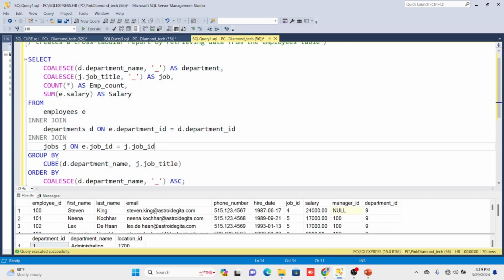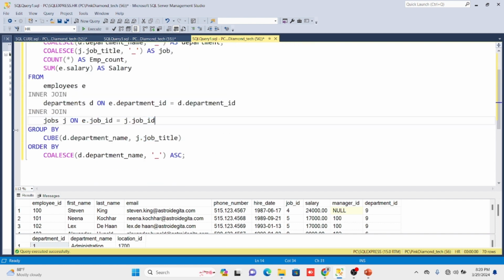So here is my group by, and I want to group the result set by the combination of the department name and the job title using the cube function. The cube function generates grouping sets